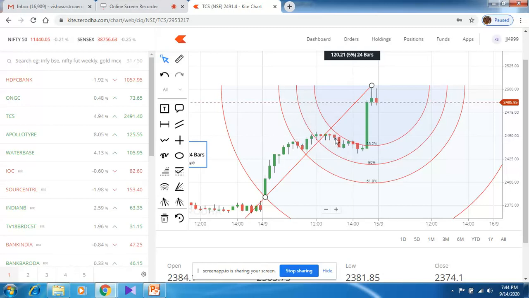If it is going sideways, do not enter the market. If it is only going upwards or exponentially, then only enter the market. But this is not required at the basic level. I just wanted to make you aware about this, but don't try this. This is for expert level people only.